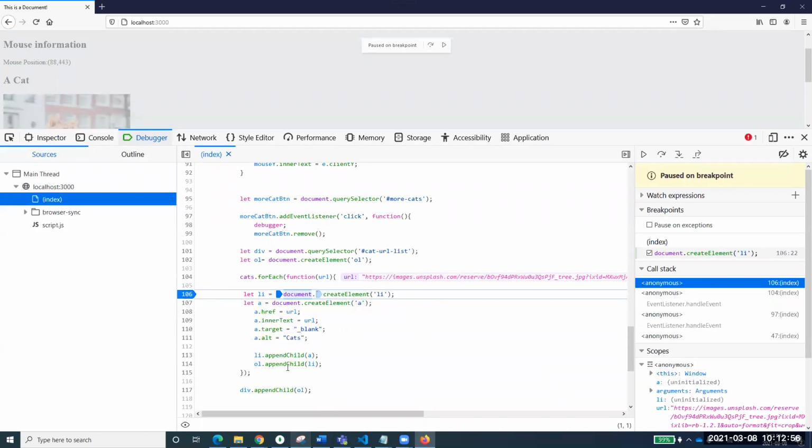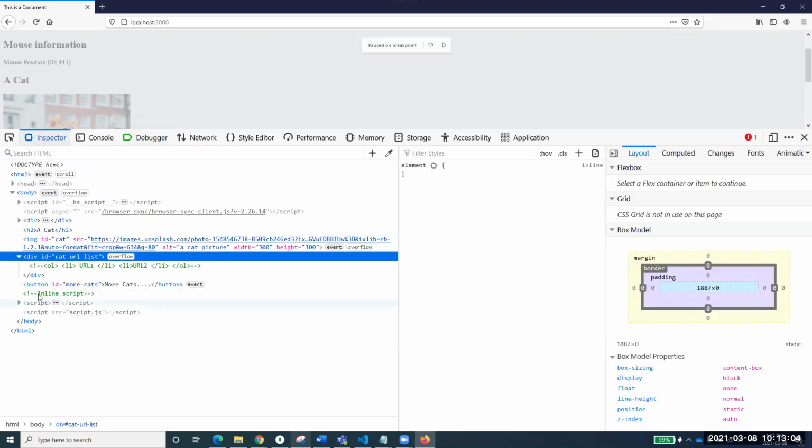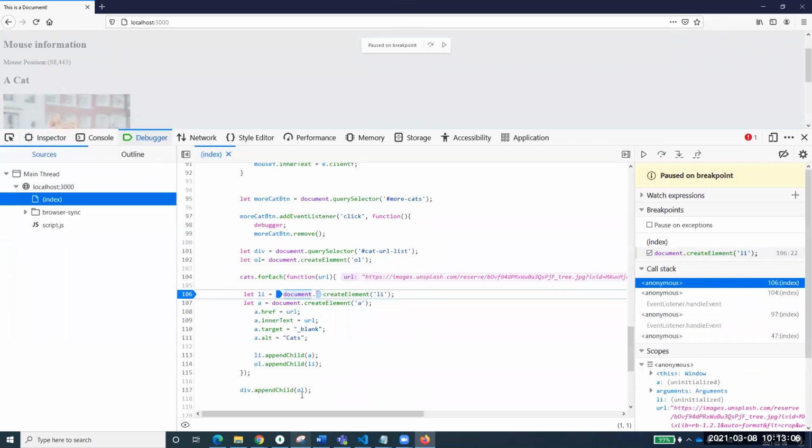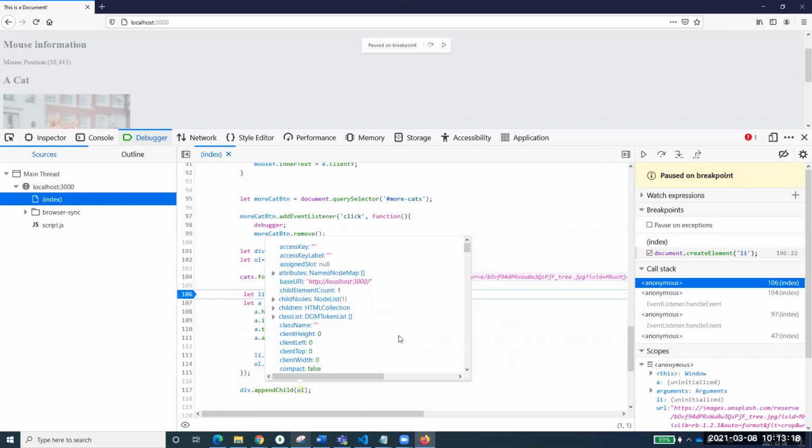And one step has gone, like the zeroth location has been added. The first URL, which is coming over here, has already been added to it. But still, it is not showing right now. A very simple answer to this is that we are right now roaming around this loop. Understand? And unless we go out of this loop, this OL will not be added. Yes, exactly. Displayed means it will be injected into that.